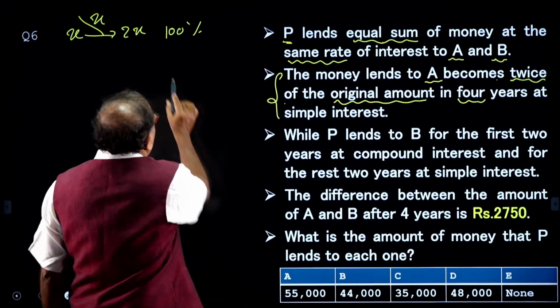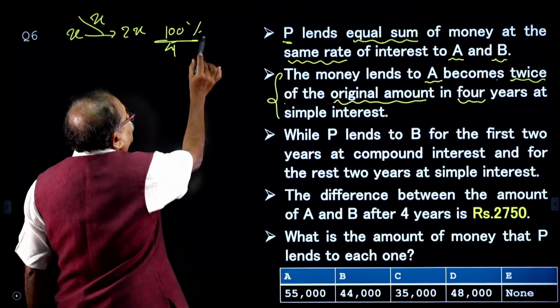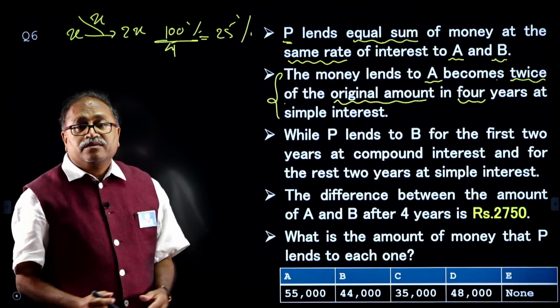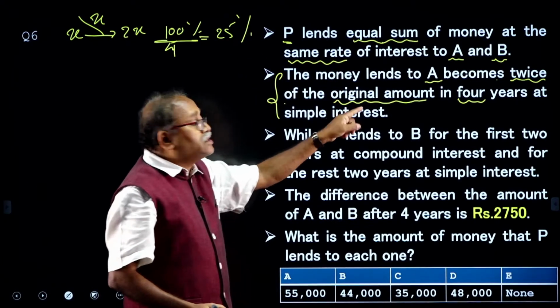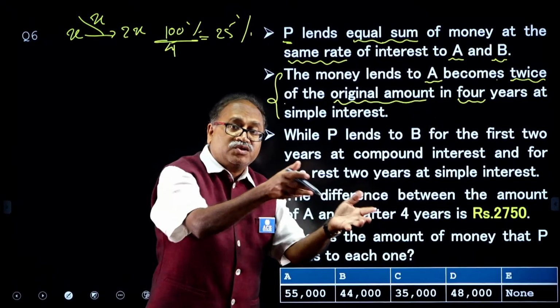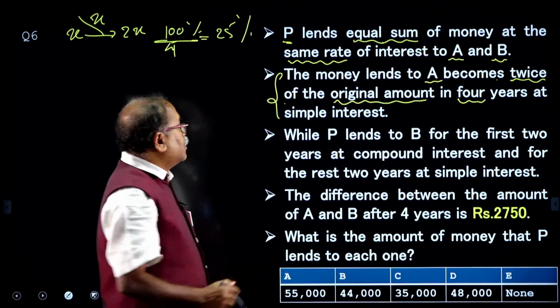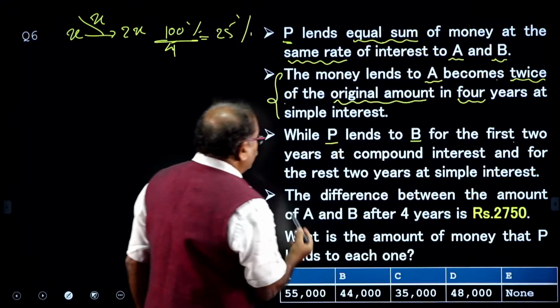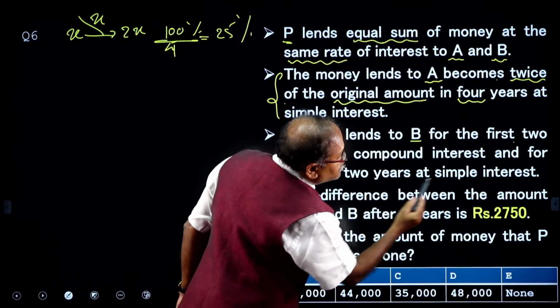So, 100% interest in 4 years, then what is the interest per year? 25%. Same rate of interest to A and also B. Okay. While P lends to B for the first 2 years,